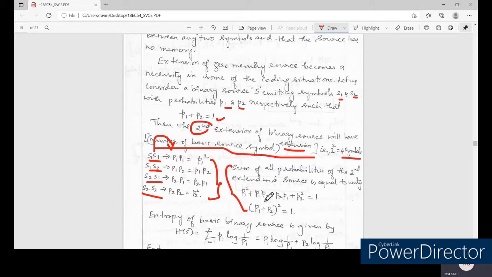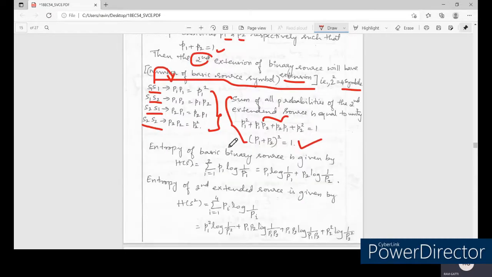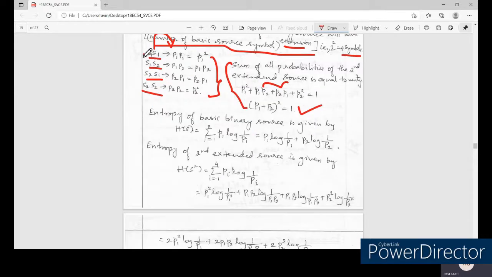So if I do that, P1 square plus P1 P2 plus P2 P1 plus P2 square, and P1 P2 plus P2 P1 is 2 P1 P2, it is nothing but P1 plus P2 whole square. We know that P1 plus P2 is 1, so it holds the value, meaning the extension is not affecting any of the probability values. If I need to calculate the entropy of the second extension, I need to find out the average